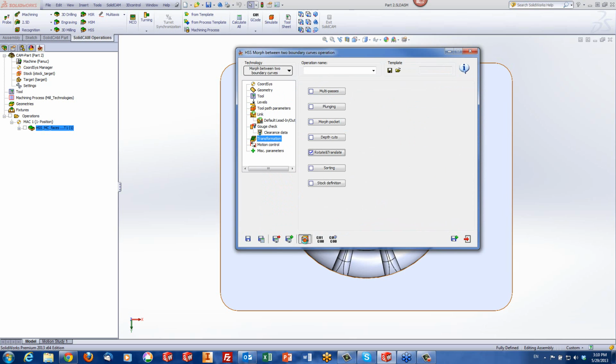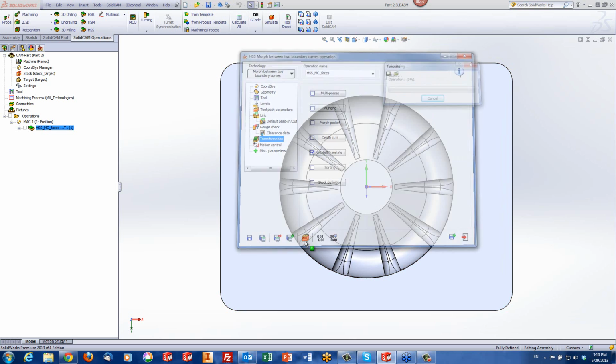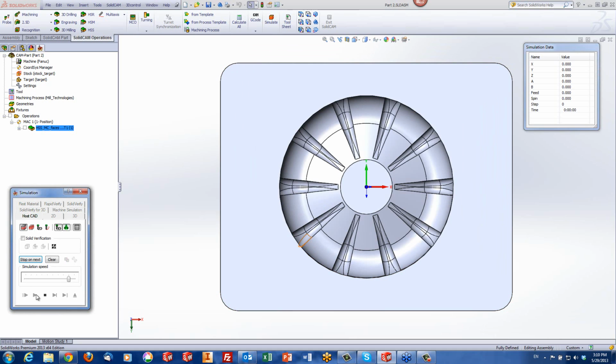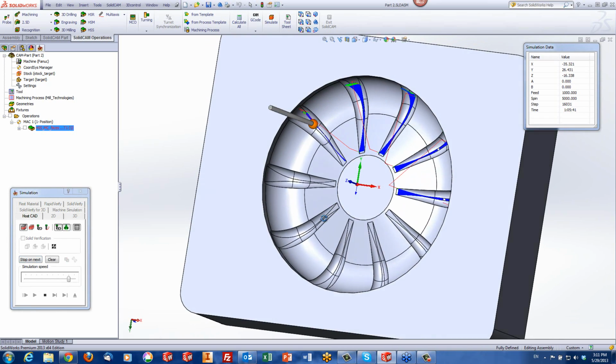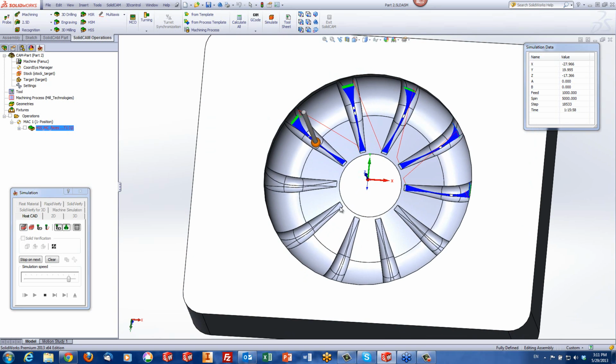Let's just do a quick calculation and simulation of the part. And as you see now, it's working on the first one, the second one. It's working on all of the surfaces as shown over here. Just do a quick, simple rotation, and that's done within the operation itself. Okay,